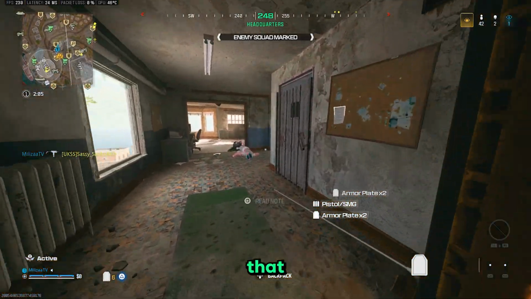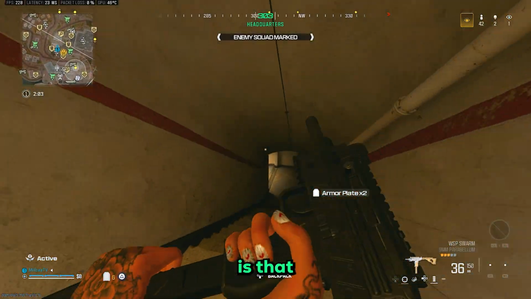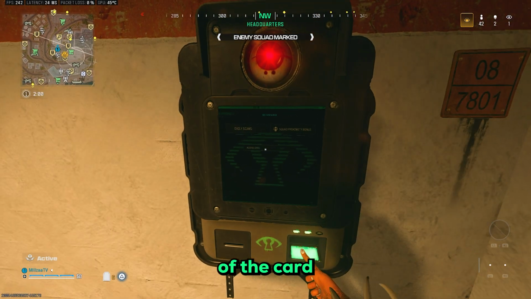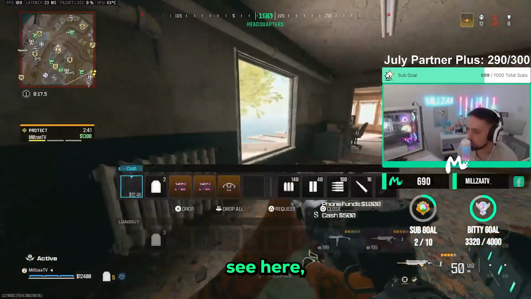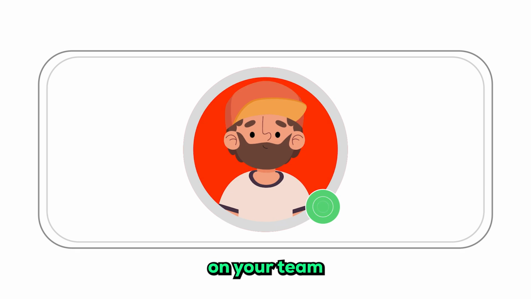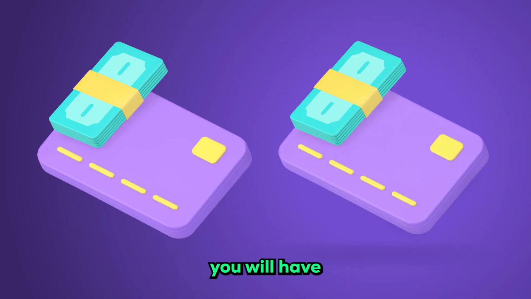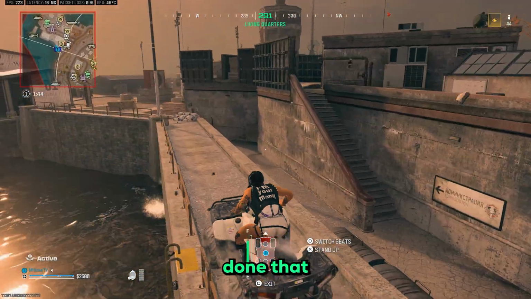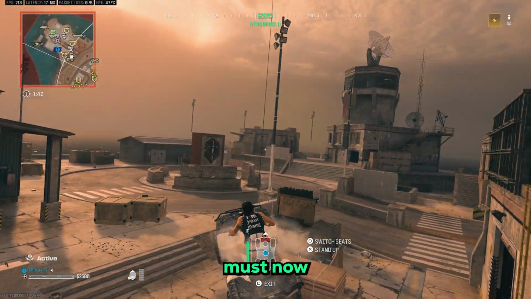Also, a big thing to notice that many people might not know still is that when you use these scanners, always make sure that you are lying prone before interacting, as there is a glitch that allows you to get a duplicate of the card that shows up. As you can see here, I got 2 polyatomic keycards, which is huge. Each player on your team must do this, and in total you will have 8 keycards to cash in at a buy station. Now, once you have done that, in the beginning of the game, all players must now travel